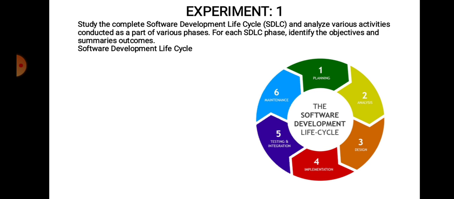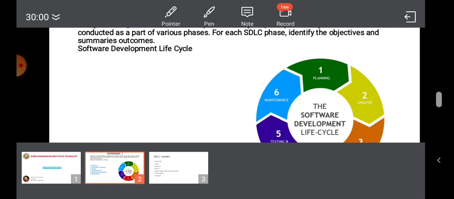So this is the most important part whenever we start the experiments of software engineering. We must focus on the software development life cycle. So this is the simple study practical. In this practical we will cover a total of 6 phases one by one. So the first one